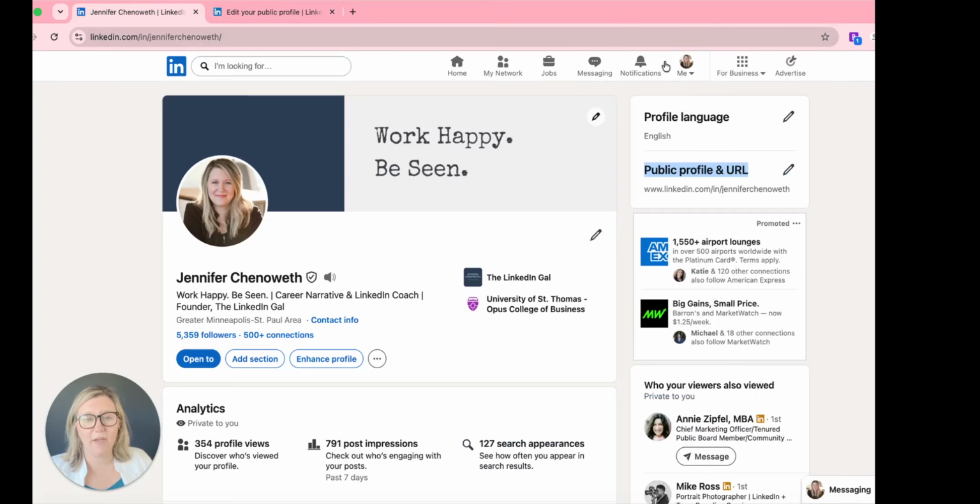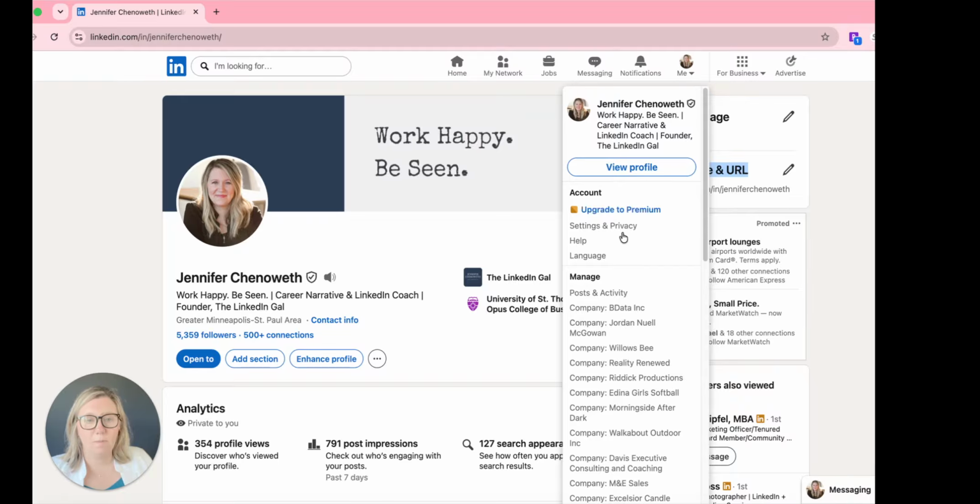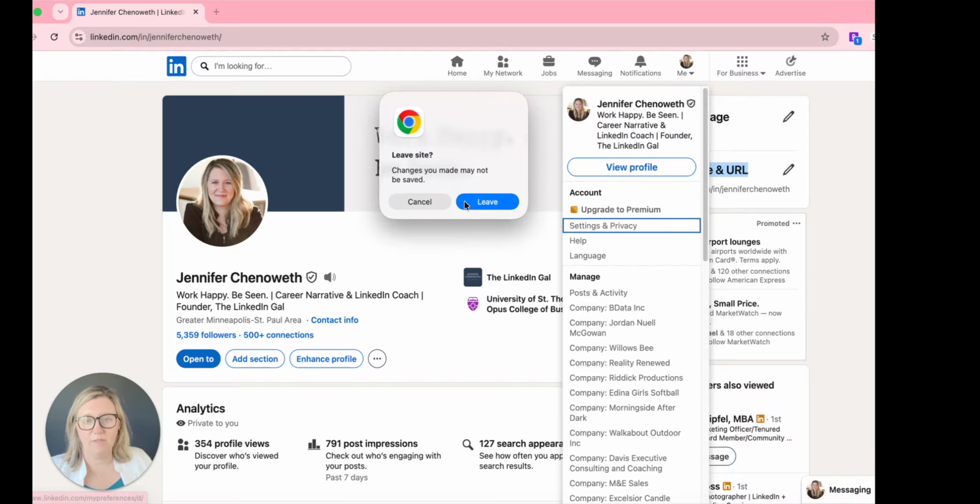Well, we can close out of that edit your public profile. You don't have to select save there. Whatever you adjusted should be live. Sometimes it takes a little bit for the URL to get updated, so be patient with that update and it will come through. If you go to me and then settings and privacy,